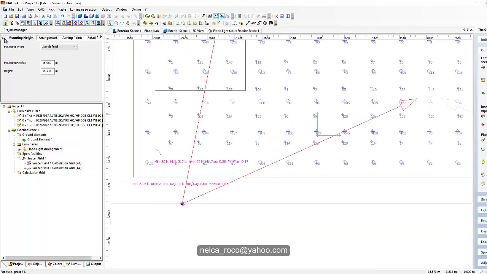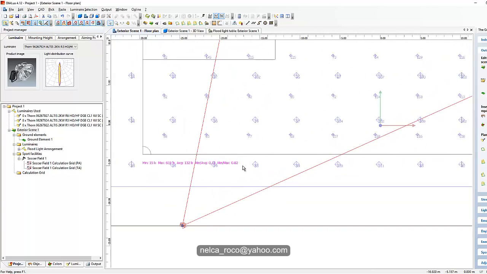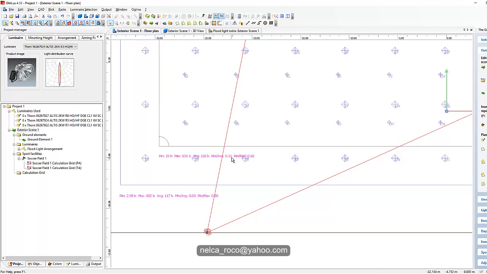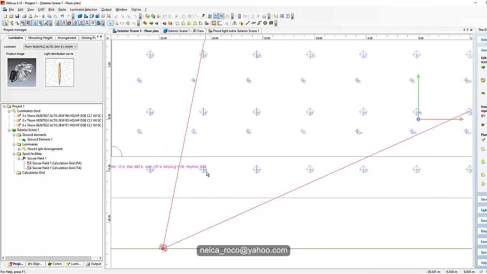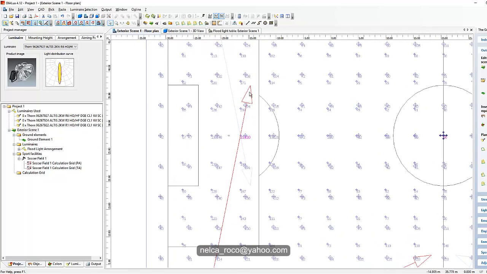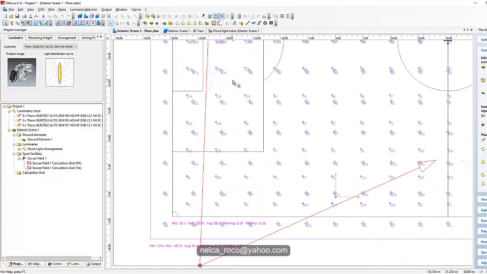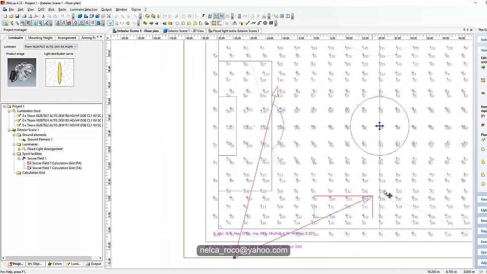0.38, or maybe we can change the floodlight optics now because I use R6, which is a little wide, and then if I use R3 for example, then it becomes, look at that, 0.11. And if I use R1, it becomes 0.08. The uniformity is bad, so let's still use the R6 for now. Maybe we can add one more fitting. Okay, let's check